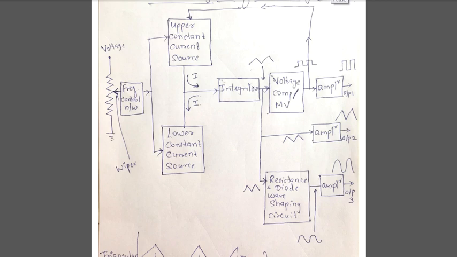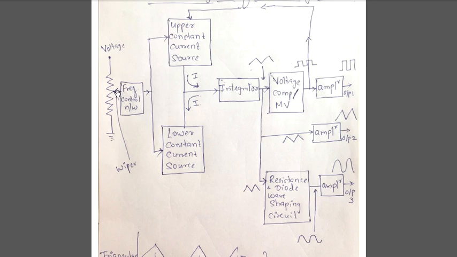The constant current source, the name itself tells me that this block is responsible to provide a constant current to the further block. So this provides some constant amount of current. The amount of current which this block provides depends on whom? It depends on the voltage which is given to its input, and the input voltage is given by the wiper's position.